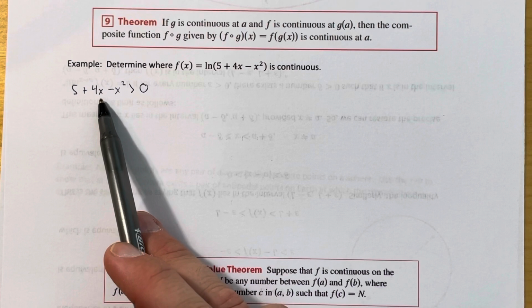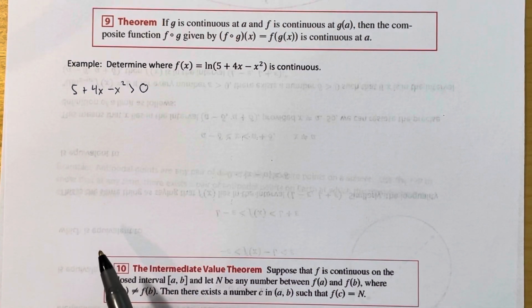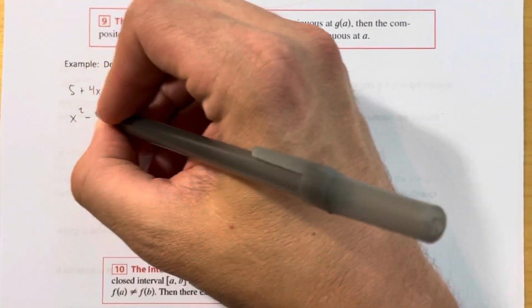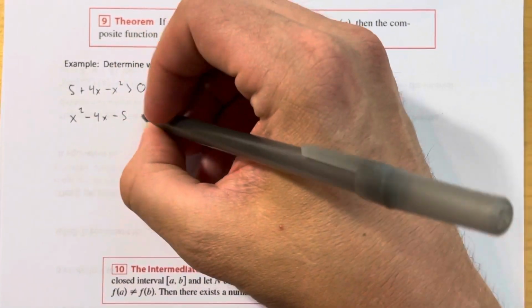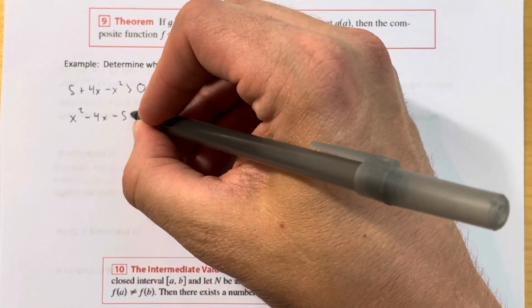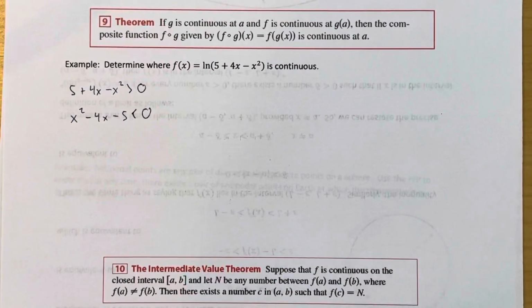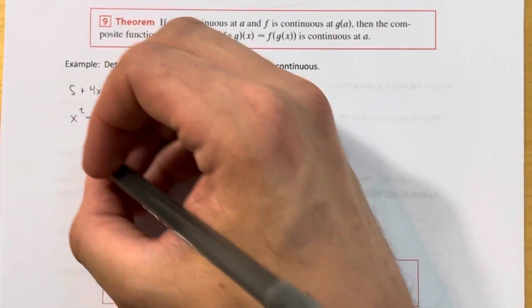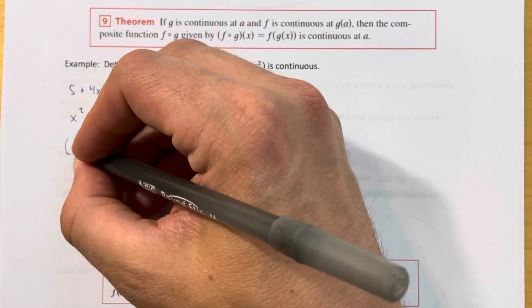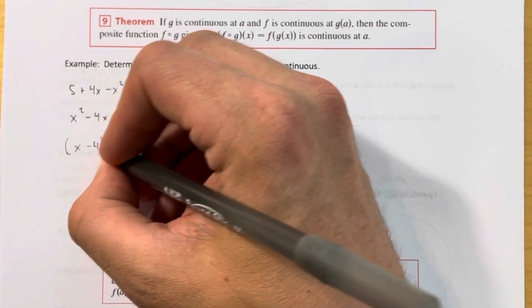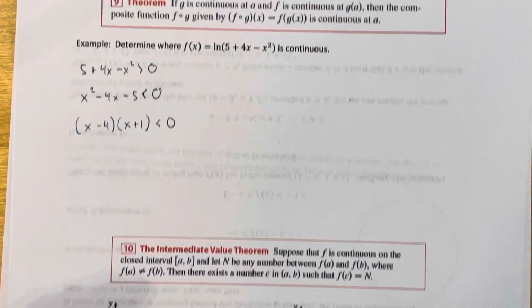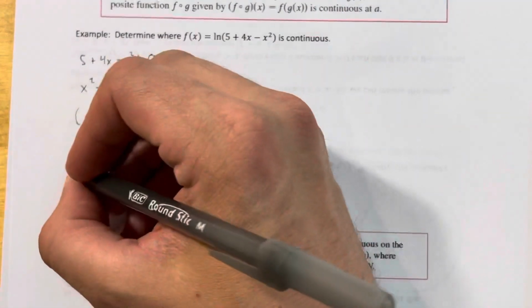So what I'm going to do is multiply both sides of this inequality by a -1, which will make that a positive x squared, and these two terms will become negative, and then I'll rearrange my terms. X squared minus 4x minus 5. And because I multiplied by a negative, my inequality flips around on me like that. I can factor this left-hand side, which is going to give me x minus 4, x plus 1 less than 0. And the way I like to deal with these quadratic inequalities is I like to create a number line,